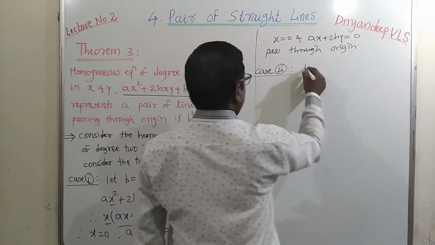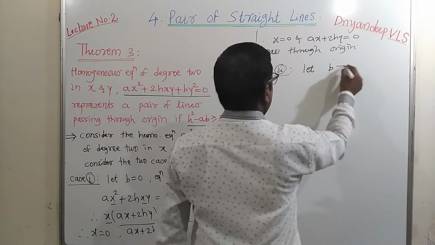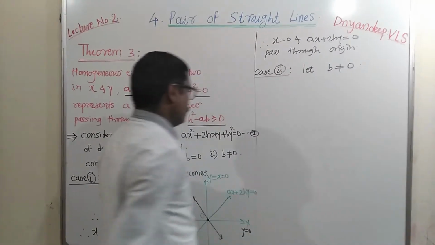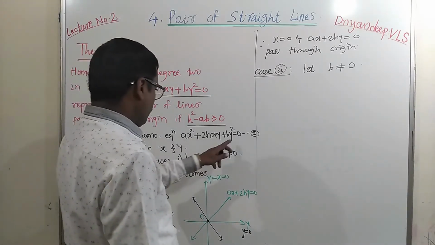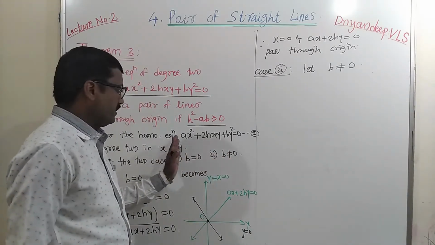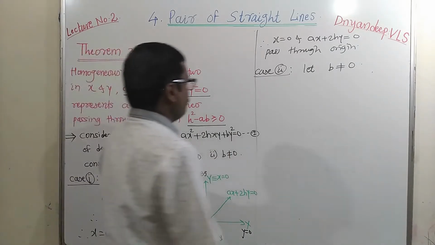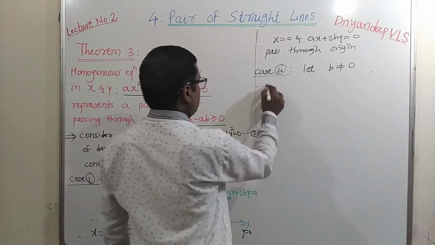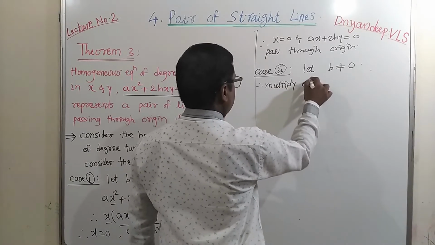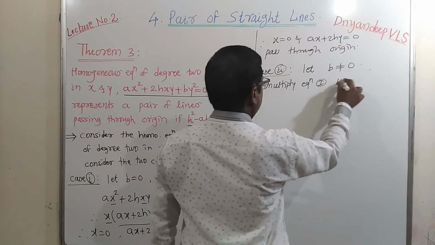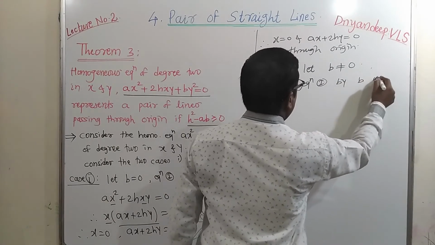Now consider, let b is not equal to 0. In the second case, what we have taken? b is not equal to 0. As b is not equal to 0, multiply each term by b. Therefore, multiply equation 1 by b,